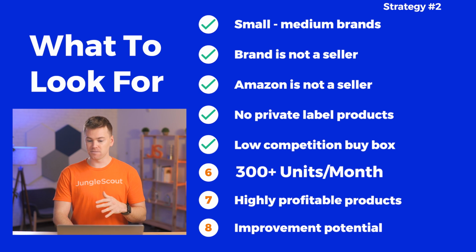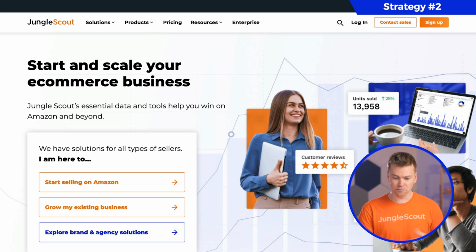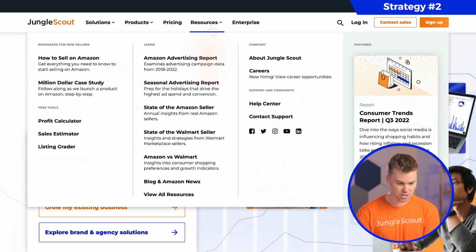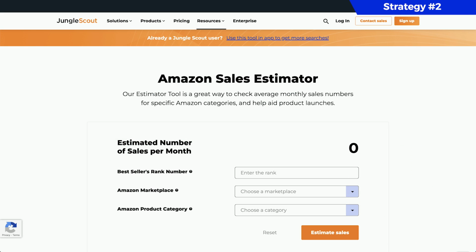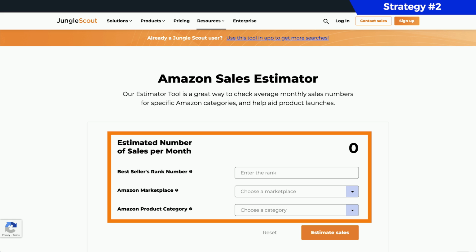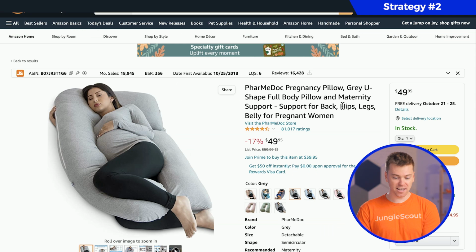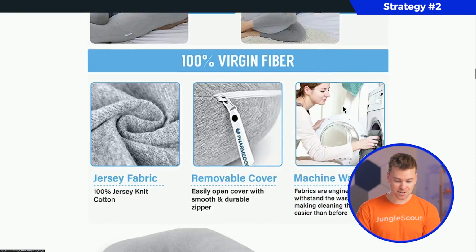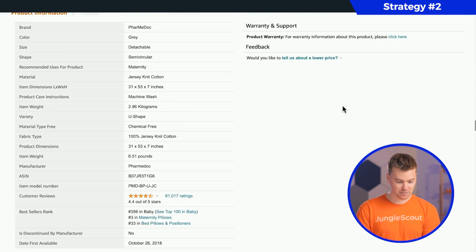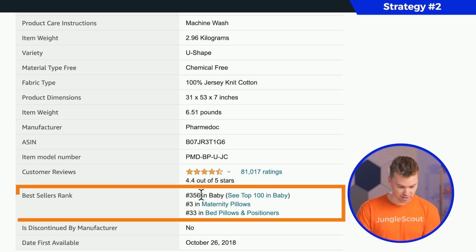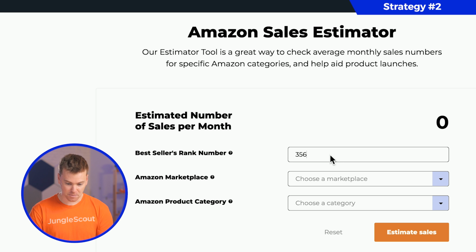And there's a few ways of sort of calculating this on Amazon. I'll show you a free way of doing it first, which is to just use the Jungle Scout Sales Estimator. So all you need to do here is collect these 3 pieces of information. The first one is the BSR, or the best sellers ranking. So to find that, go ahead and go to the listing and scroll down to the bottom. And in this product information section, you'll see the BSR listed here at the top. So you want to take the top one and you just go back to the estimator, copy that in there,